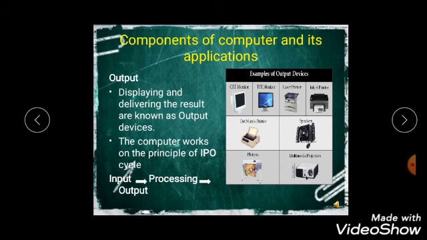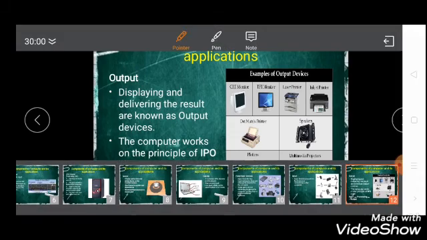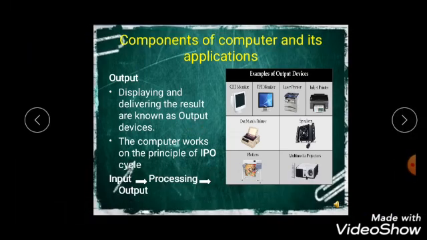First it gets the input from the input device such as the keyboard, mouse and light pen, like that, and then it processes that input in the CPU. Inside the CPU it processes the input and then it shows the output on the output device. The output device is nothing but a monitor or printer, whichever type of output we want.